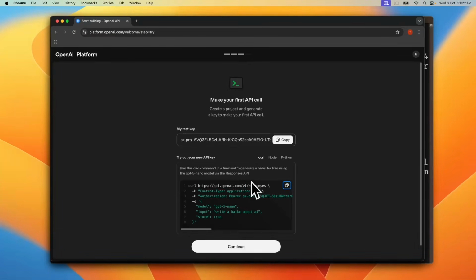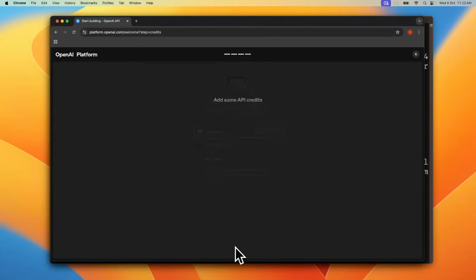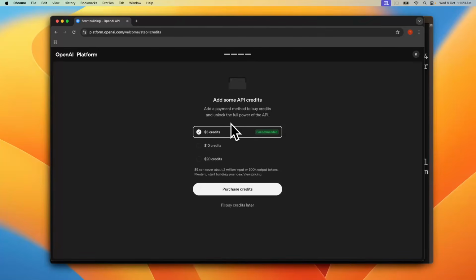Let's just go back to our OpenAI browser window and let's just click on continue over here. All right, so now it gives us the option to add some API credit. Now, one important note over here is that OpenAI does offer daily free token limits if you allow sharing of inputs and outputs with OpenAI. I'll talk about this in a bit, but for me, that only worked when I first added a payment method and then bought some credits and then enabled that feature. Without adding a payment method, I was not able to start a workflow as of the date of recording of